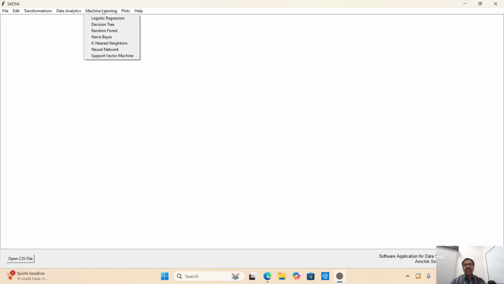Machine learning falls under a particular type of analysis called prescriptive analysis. The main aim of this application is to use it for teaching and learning required in business analytics. In business analytics, we have three types of analysis: descriptive, predictive, and prescriptive. The descriptive and predictive data analysis menus will take care of the first two, but as far as prescriptive analysis is concerned, machine learning is required. So in this video,